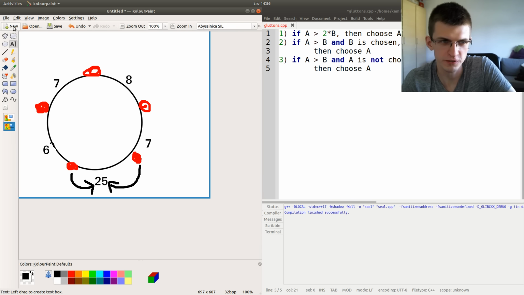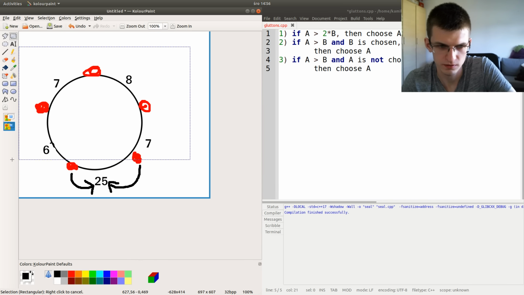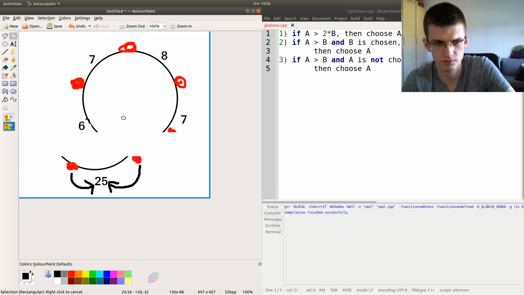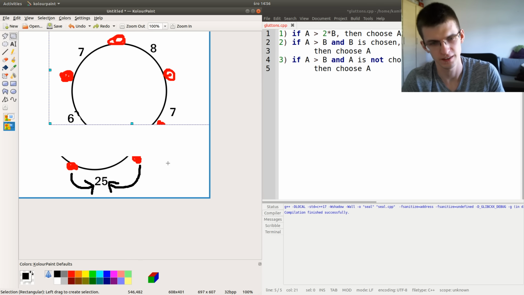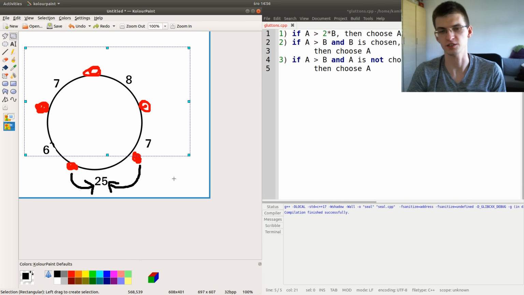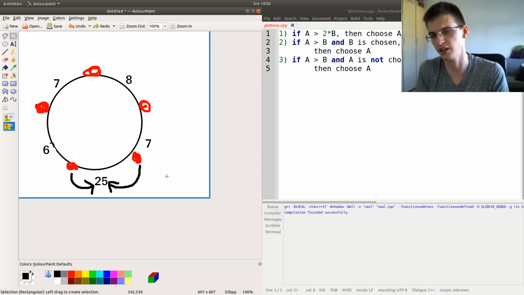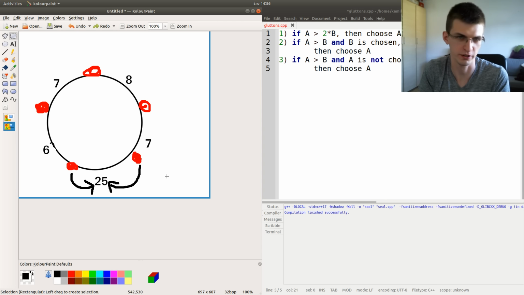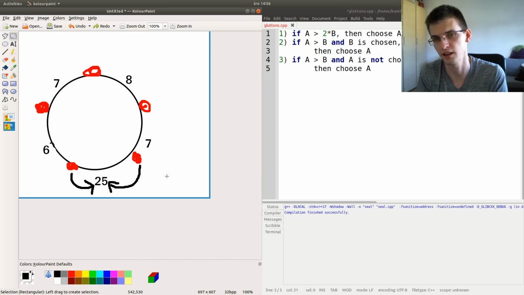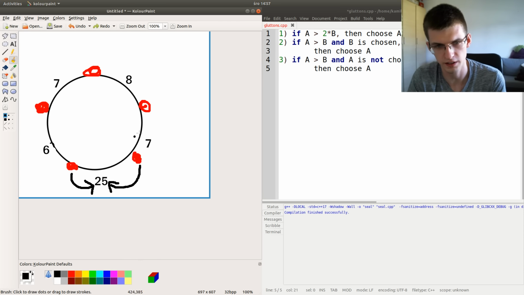But maybe for this remaining part, we can say, okay, so here it's true that no value is 2 times bigger than the adjacent value, so maybe we can use that general pattern for every person to take a cake on his or her right. So to do something like maybe this.